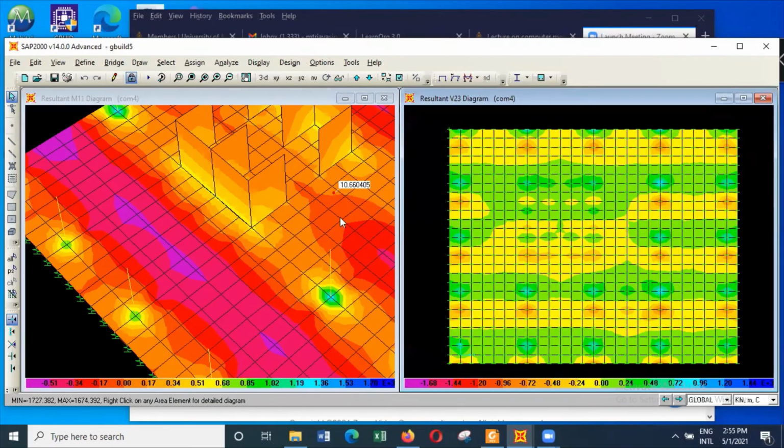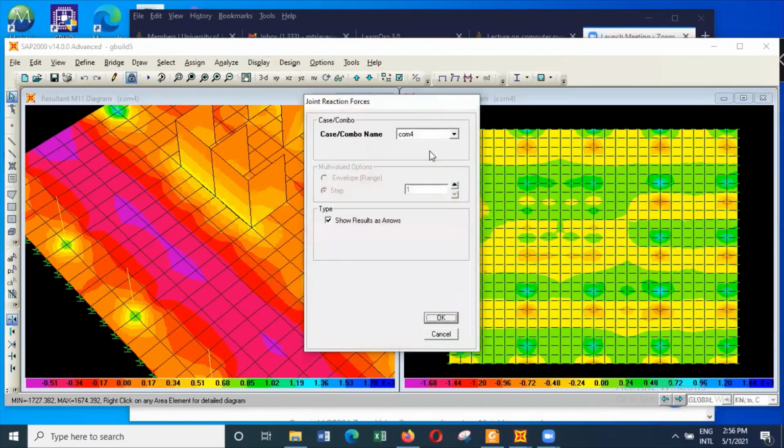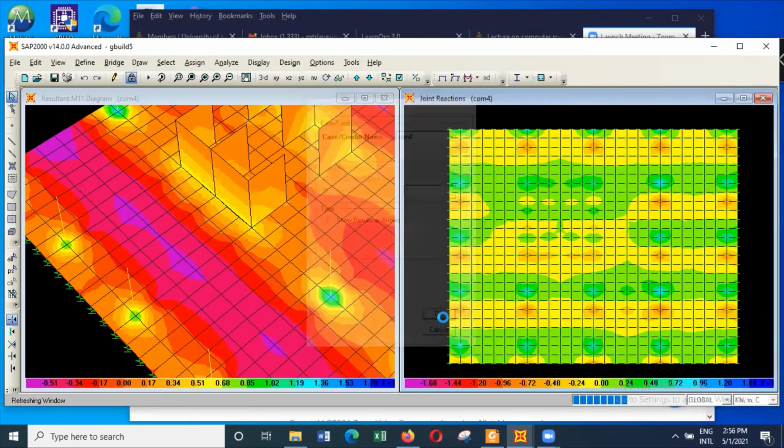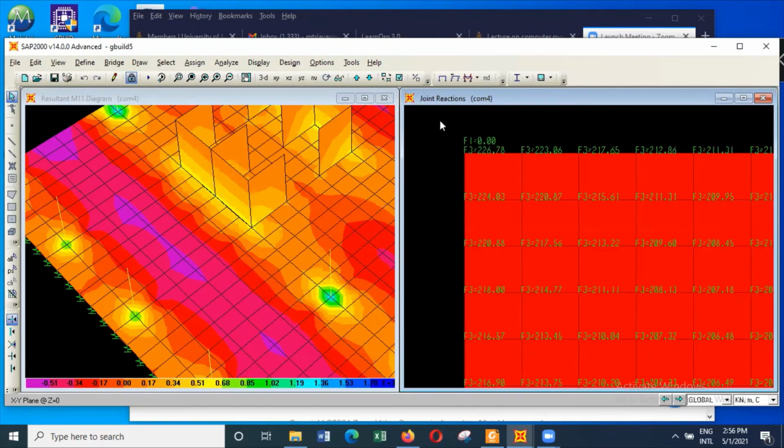But in addition to all this, I also like to show you, display joints under the same loading condition. We'll ask it to display the forces, and if you look at the forces, you can see the forces are in the range of 220, 213, 211, 207, and